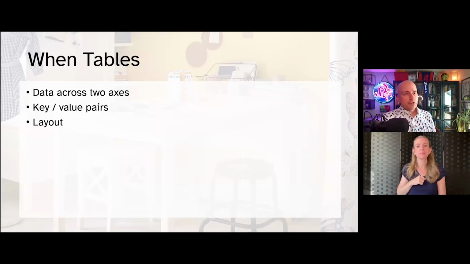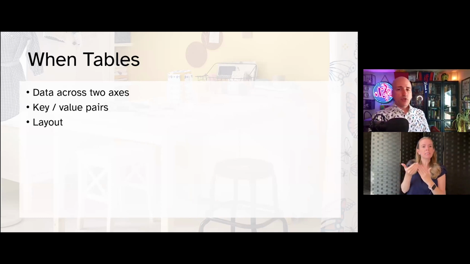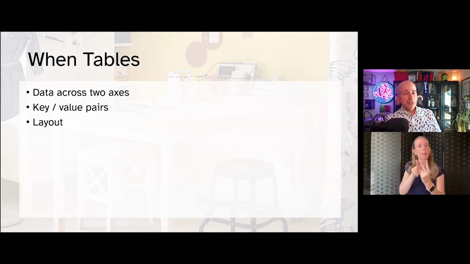Now, tables have a specific purpose. They represent data across two axes so that a reader can understand the relationship between those chunks of data. Tables use columns and rows to do this. Visually and programmatically, they provide at-a-glance insights, ideally. If you're using them for key value pairs, you might be using them for the wrong purpose. Generally, a clue you're doing this is when your table has only two rows or two columns.